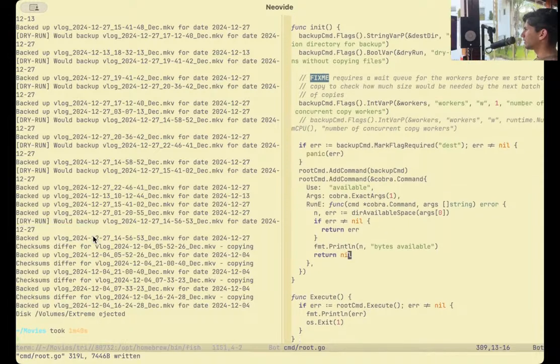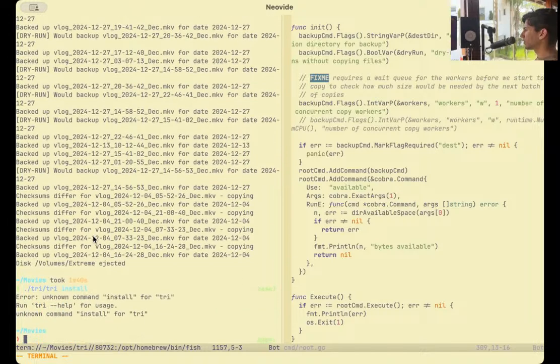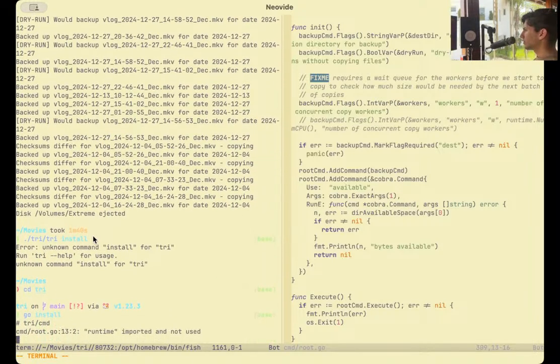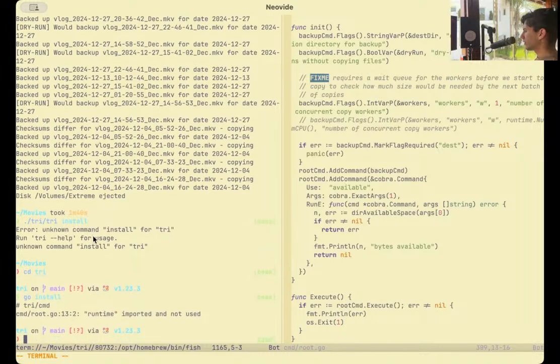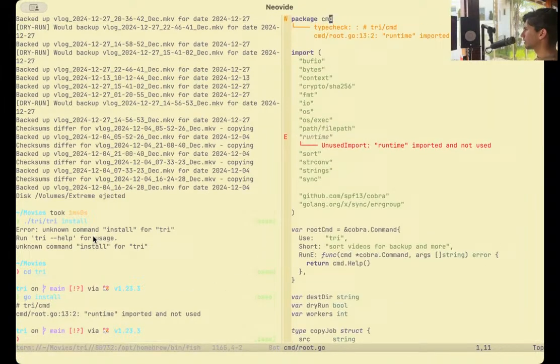And I return nil. Okay. Let's see if this works. So root. First of all, I don't think that there is an install command. No such thing. So go install. It says as well that I'm importing runtime